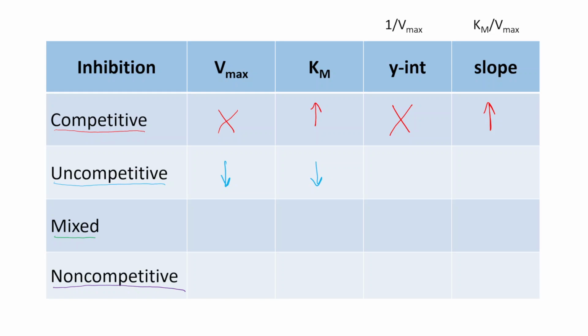That's because there's an equilibrium between substrate forming the ES complex with the enzyme, and then the inhibitor forming an ESI, enzyme substrate inhibitor complex, with the ES complex. So let me draw that somewhere. So we have substrate